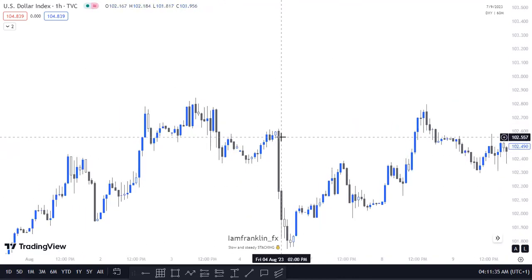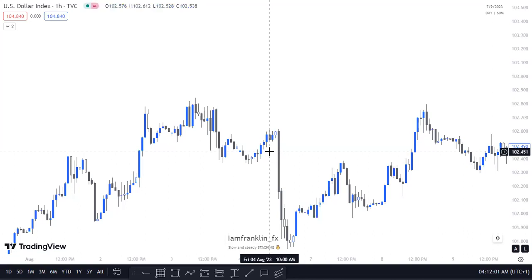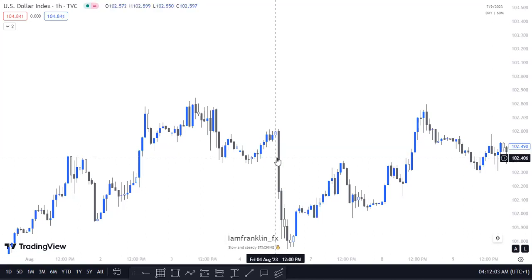So I'll employ you to go to your charts on TradingView and look for places where you see the bullish engulfing and places where you see the bearish engulfing, and notice what happens after you see the engulfing pattern. What happens next? Does the price go up or does the price go down? You understand? Just note it down. Okay. So moving to the next, we have